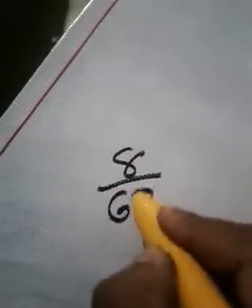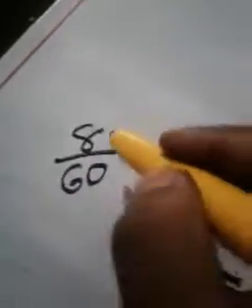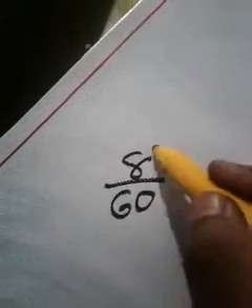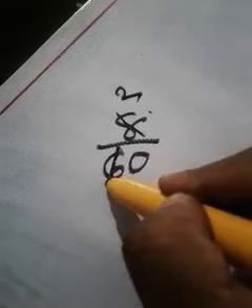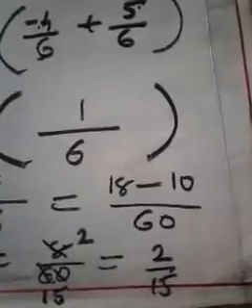Once again, let me show how we can simplify 8 by 60, as some students may have doubts. 4 is common in 8 and 60. In 8, how many 4s are there? 2. In 6, is there any 4? Yes, 1 four is 4, remainder is 2. That 2 and this 0 join together and form 20. In 20, how many 4s are there? 5. So that's it, it becomes 2 by 15. So here we got it as 2 by 15.